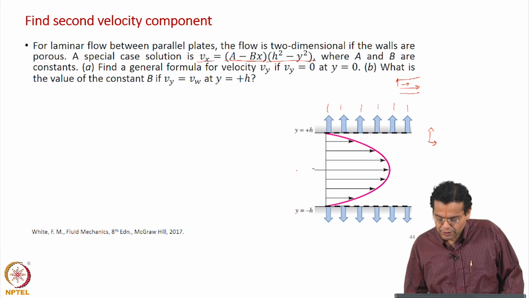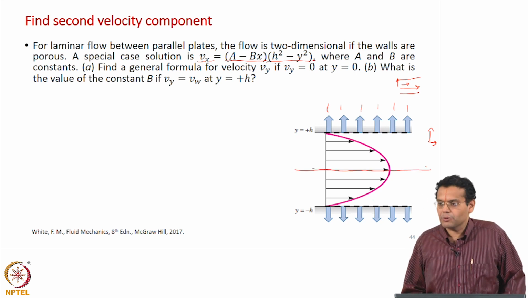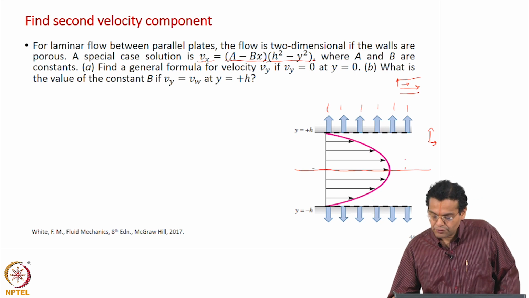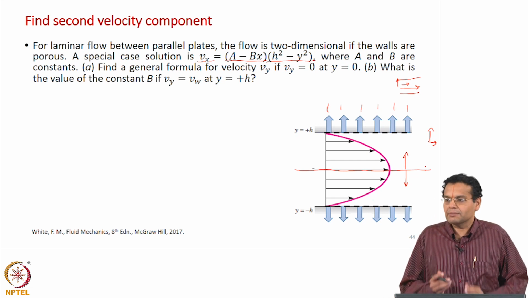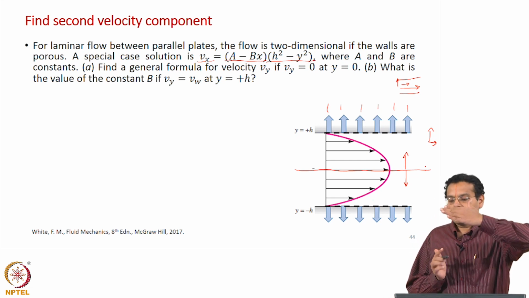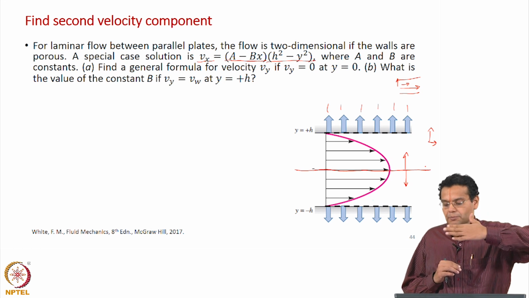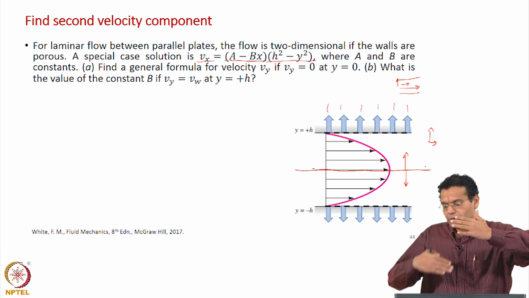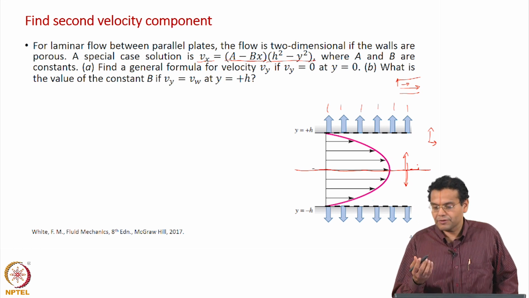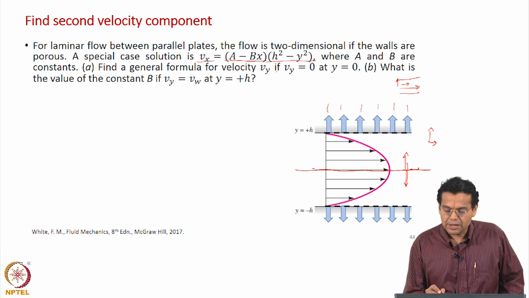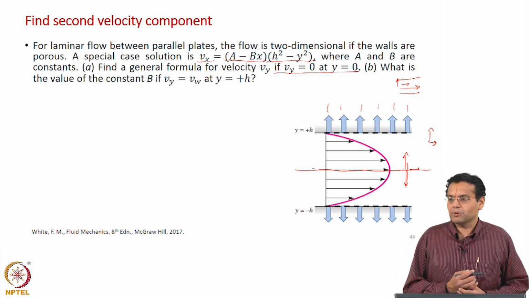What is that line y equal to 0? The axis, the central line, is y equal to 0. What happens? Flow goes in this direction, flow goes in this direction. So, along the axis there is no velocity, that is why v y is 0, something like a dividing line. Flow goes towards plus h and then goes towards minus h. So, flow division takes place, and so along this line there is no vertical component of velocity, that is why this says v y equals 0 at y equals 0.